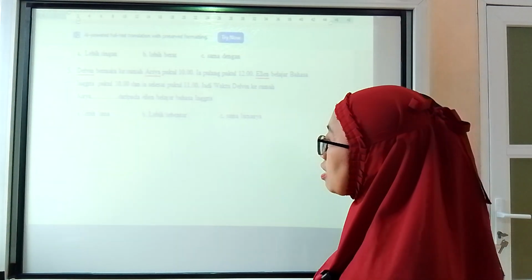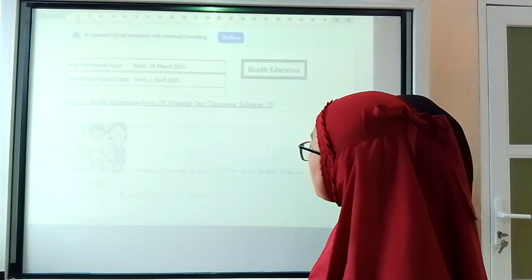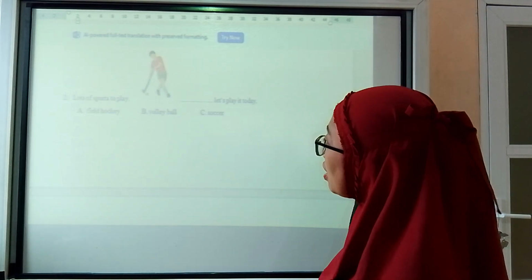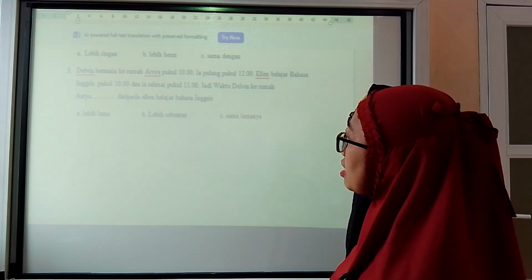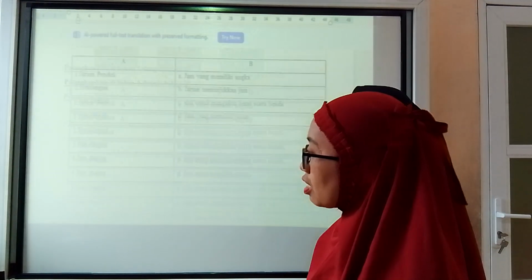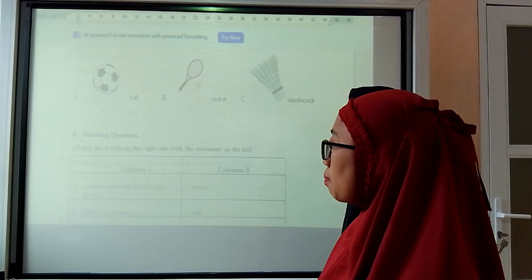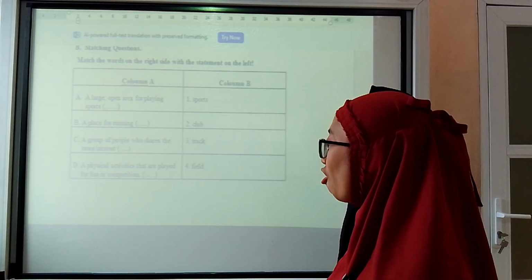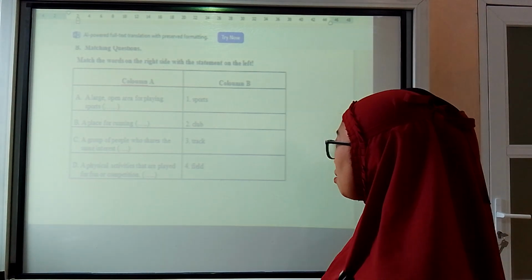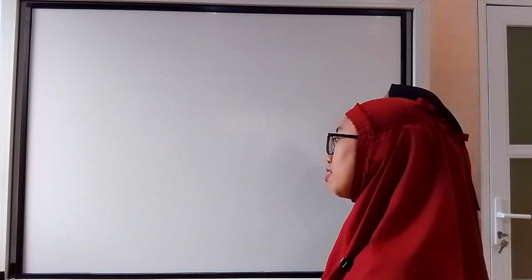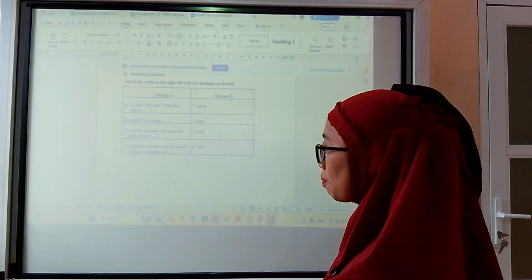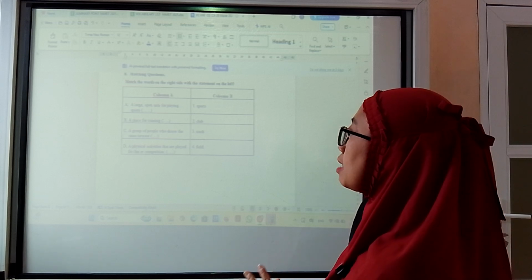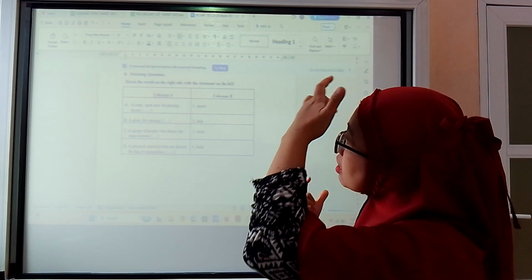It's a hockey. This one? It's a field hockey. Let's play today. Students will learn about kinds of sports, not only swimming, basketball or soccer. They will know about field hockey, ping pong. How many sports will you introduce? 10. Yes. Basketball, soccer, ping pong, hockey, swimming, and then badminton, and then